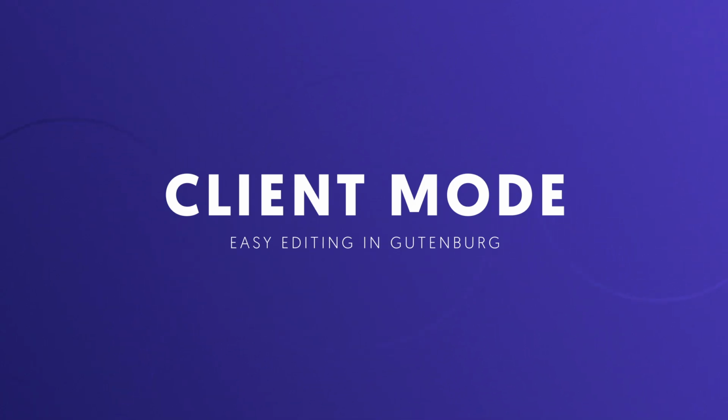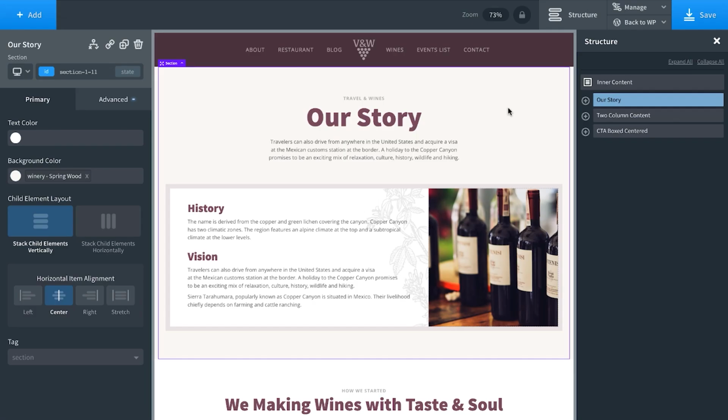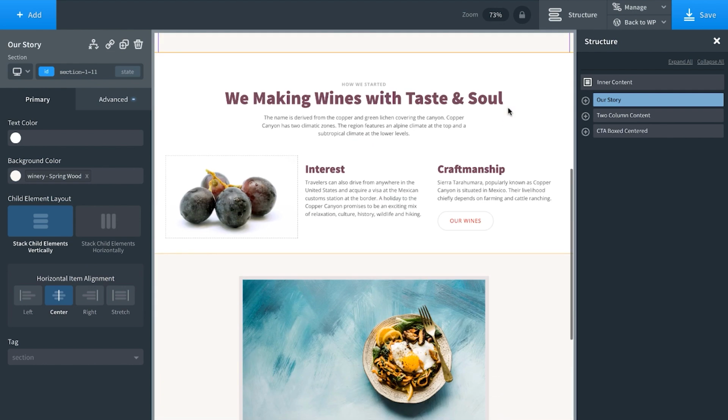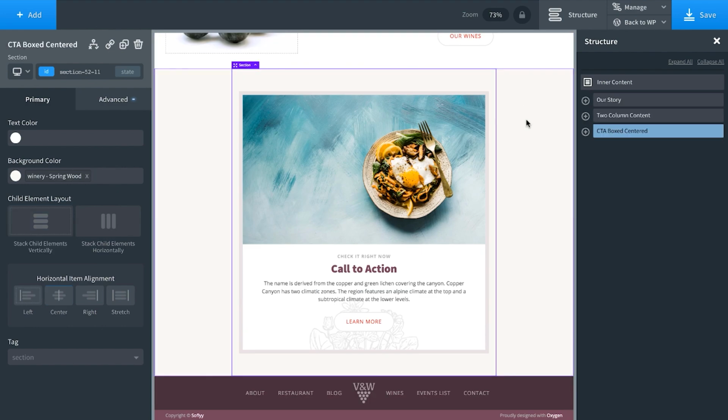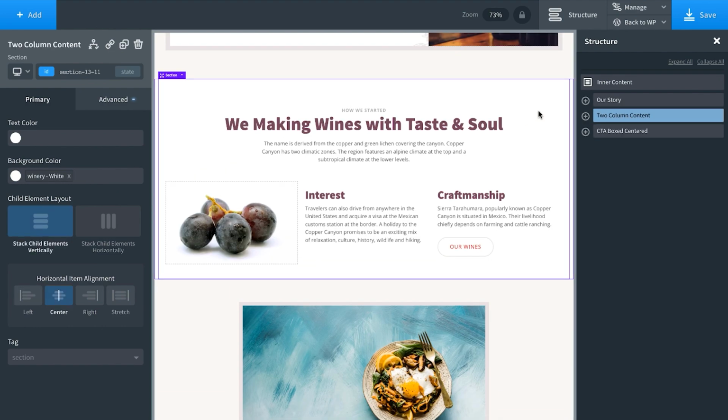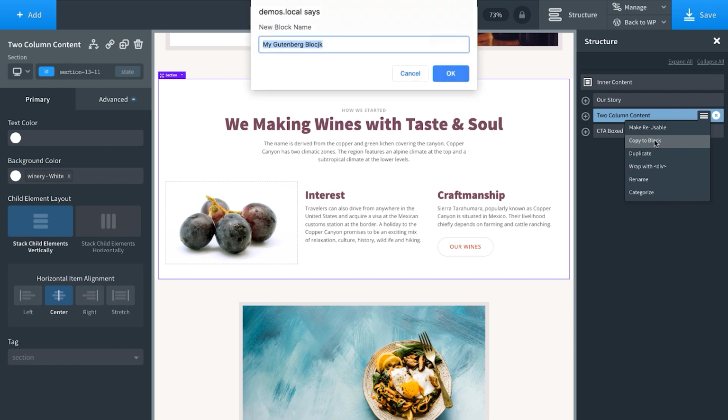Oxygen's Gutenberg integration turns Oxygen into the world's first ever drag and drop visual Gutenberg block builder. That's right, you can now build Gutenberg blocks in Oxygen visually. So here I have a little about page that I've made up in Oxygen. And let's say I want to make one of the sections on this page a Gutenberg block. I just click on the section, go over to the structure panel, click the menu icon, copy to block, and